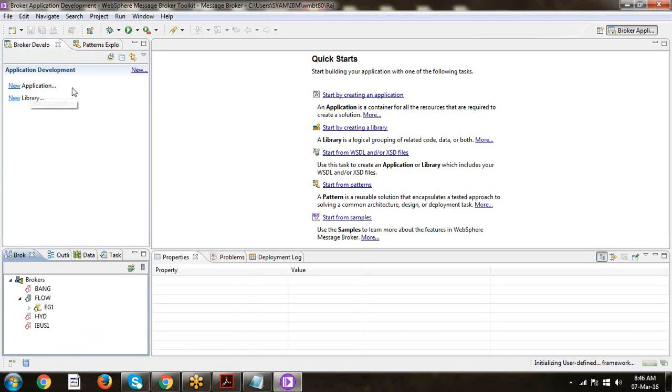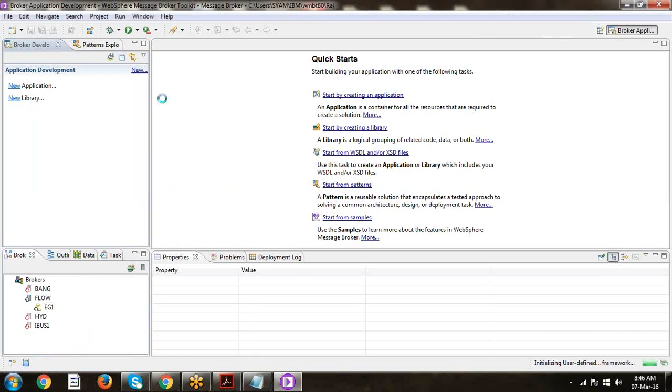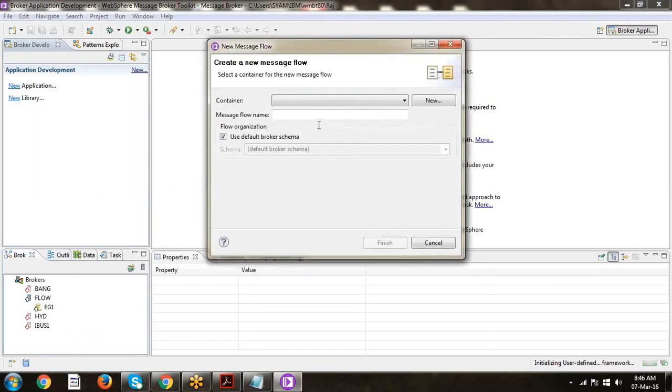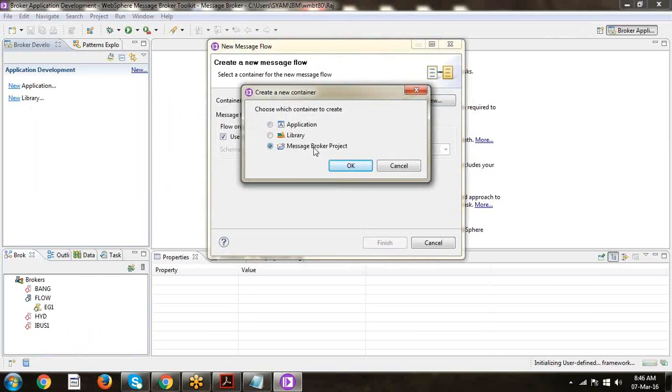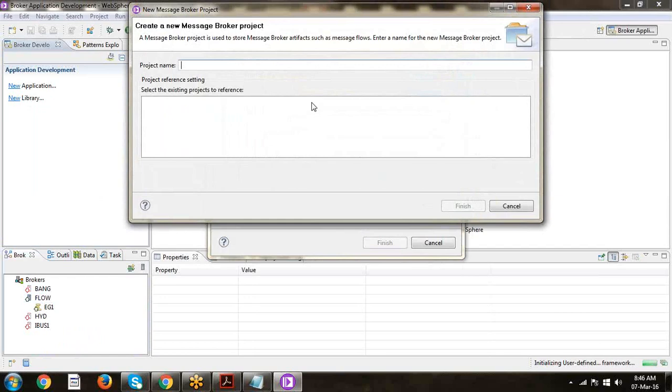So you can create a new application, or you can go to New. Basically this is the developer's activity. Click on New, then click on message flows. Here you can select Message Broker Project. I'm going to give SCR.